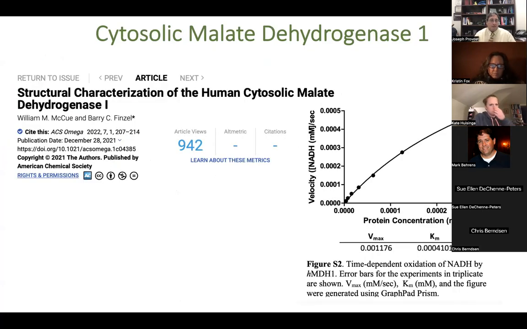So just recently, ACS published the first structure of human cytosolic MDH. You might think that's kind of weird, but for whatever reason, we've had pig and other cytosolic MDH structures, but no human. So just this year, somebody at the University of Minnesota expressed recombinant bacterially produced human MDH and shared